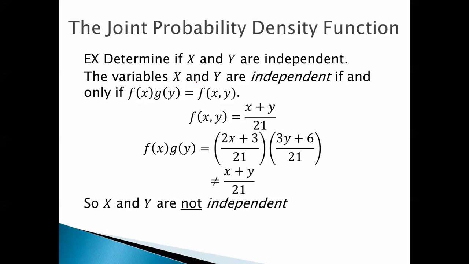Determine if x and y are independent. The variables x and y are independent if and only if f of x times g of y equals f of x y. Now, in this case, f of x y is (x plus y) over 21. f of x is (2x plus 3) over 21. g of y is (3y plus 6) over 21. And that is not the same thing as f of x y, which was (x plus y) over 21. So x and y are not